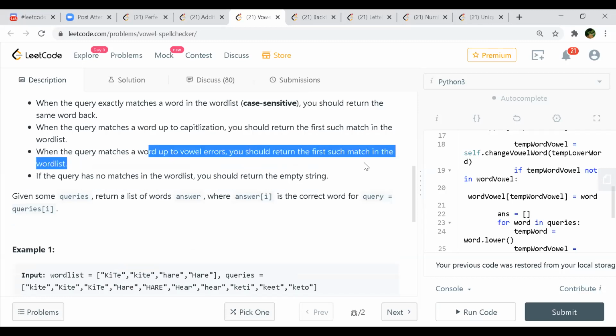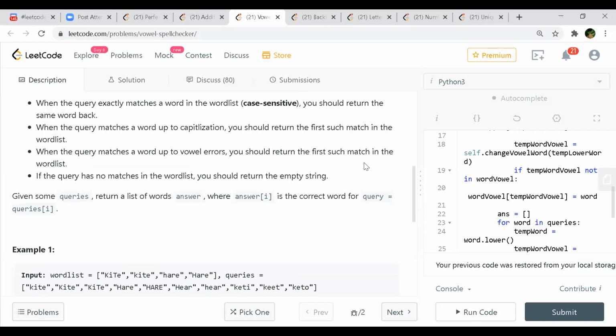What he's saying is, if KETO is there, and I can play with the vowels and get KITE, which is the second in the word list, which matches exactly. But no, go ahead, Shashank. I was saying, but that is an error, right? It's not the exact word that they have given in the query KIT. There are some errors. After the error, you are getting KIT. So this one will follow.